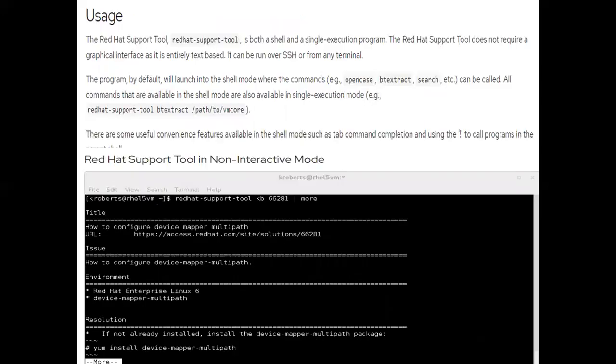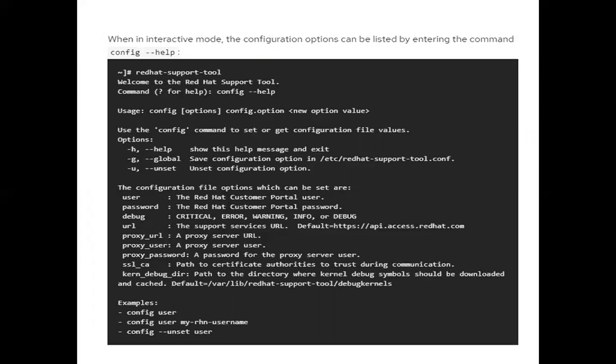And you know, you can do all those things on your shell, interactive shell, non-interactive shell. And today we are going to see all those things: the ways we can create and open a case, how we can do all those things from the server itself. So the Red Hat support tool is one of the important utilities which works both as a shell and as a single execution program. And you know that once you install this utility, if you have a subscription,